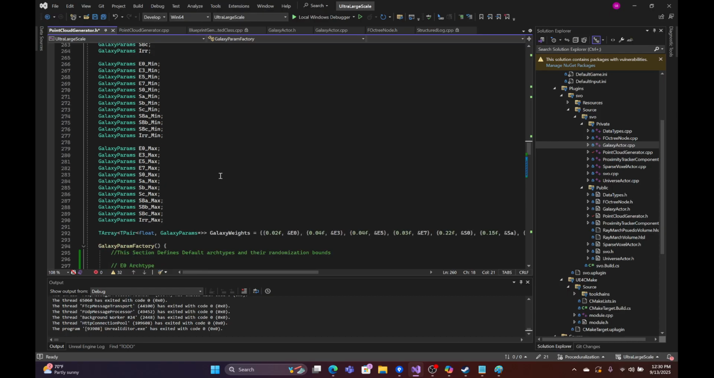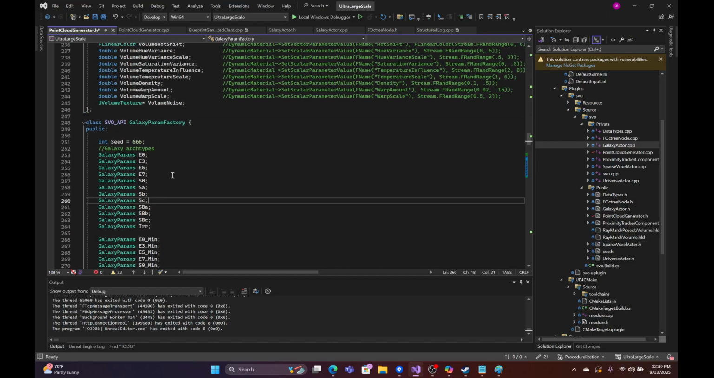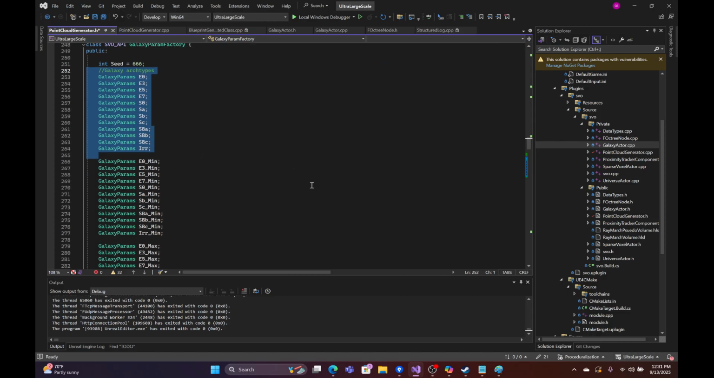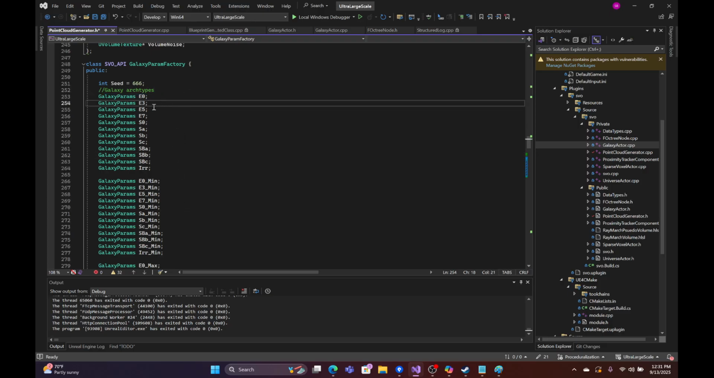And then we created a probability table based on an estimated probability of those galaxies to spawn. And then we started just returning an archetype. So that's good, but it's not enough. What we actually need are randomization bounds for each of these to generate different galaxies of each type, but within